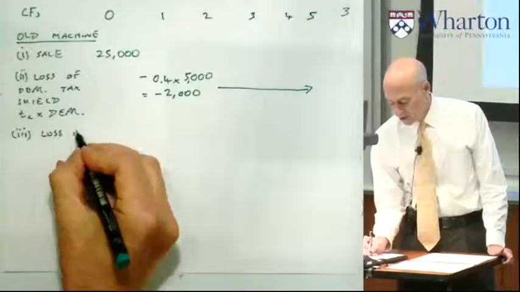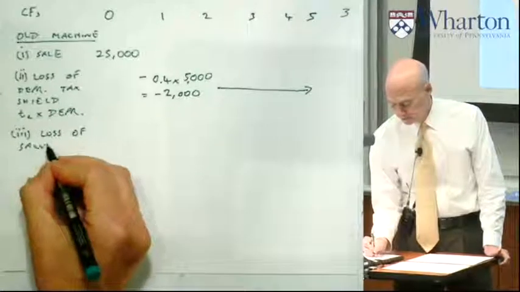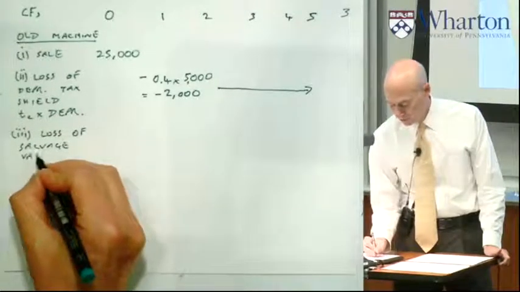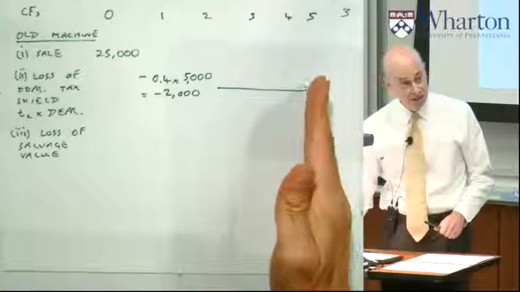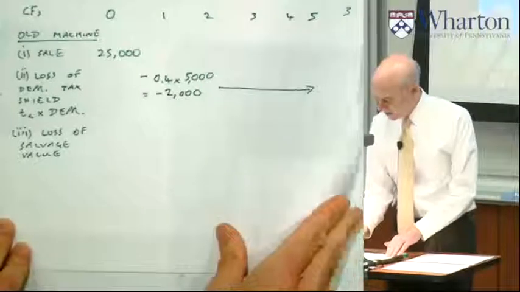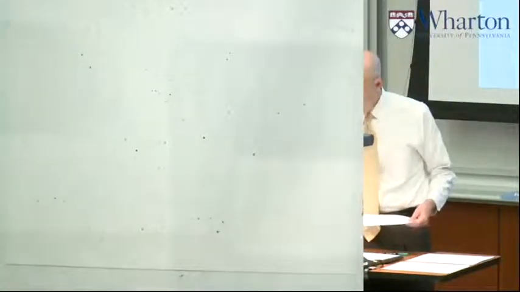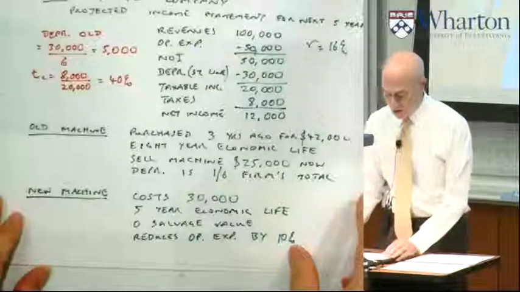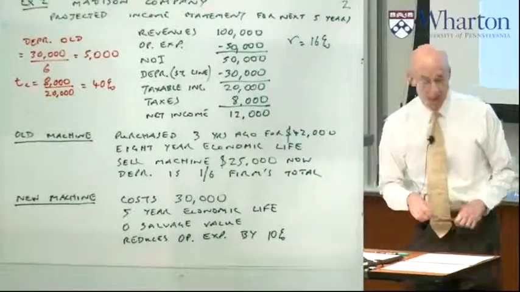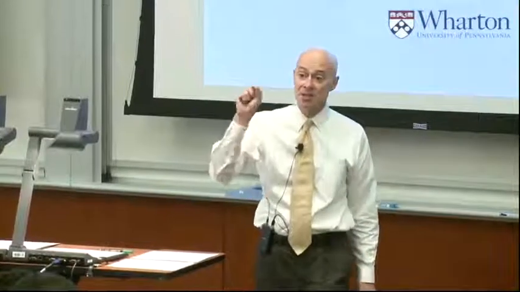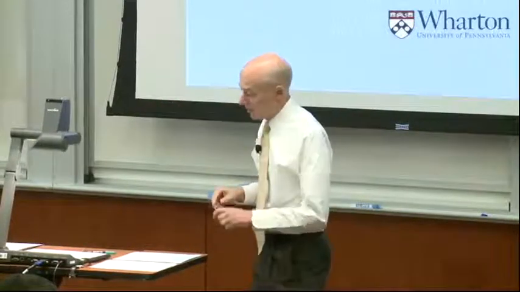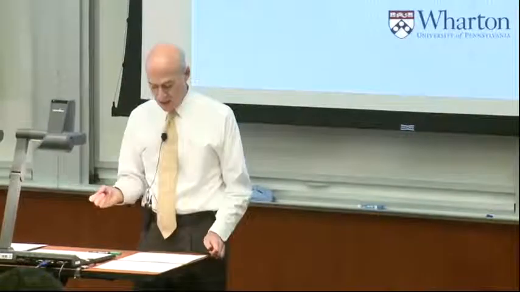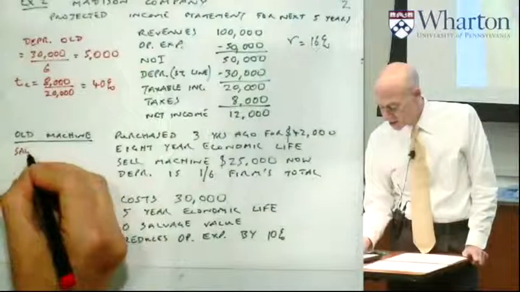So we're going to have the loss of the salvage value. That's going to be in date 5. And the question is, how much is that salvage value? Well, we're not given it, so we have to figure it out. We know that straight line depreciation is the amount that you pay minus the salvage value divided by the number of years. So we can figure out that the salvage value